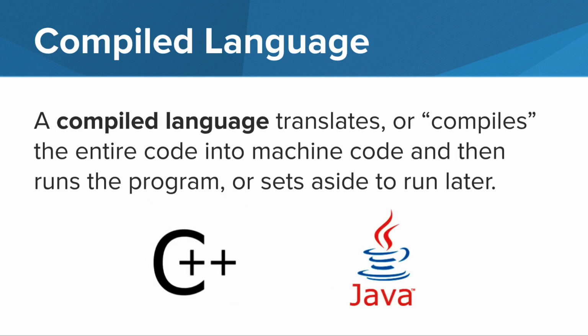A compiled language takes the code that you have written and translates the entire thing into machine code. Once that is done, the program can run right then or at some point in the future. Translating all at once, or compiling, might take some time in the beginning, but once this is done, things will go faster. There is a disadvantage to this though. If there was a mistake in your instructions, it's too late now to pinpoint where that mistake lies.